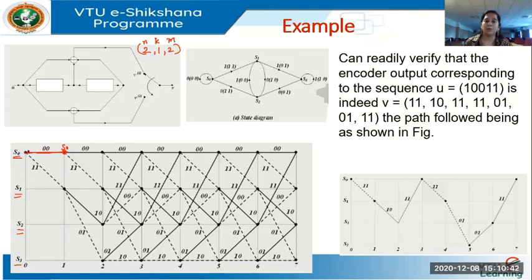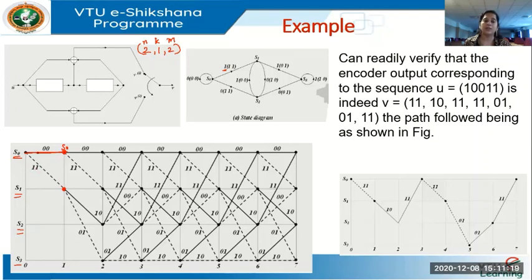Similarly, you are in state S0 and you receive a 1. So the next bit received was a 1. Then you're moving to state S1. Whenever you receive a 1, it should be a dotted line. You can see this dotted line, or dashed line, whatever you want to call it. It moves from state S0 to S1. We have reached state S1 at time T1. And what are the code bits output in the process? 1, 1. The code bits output are 1, 1.